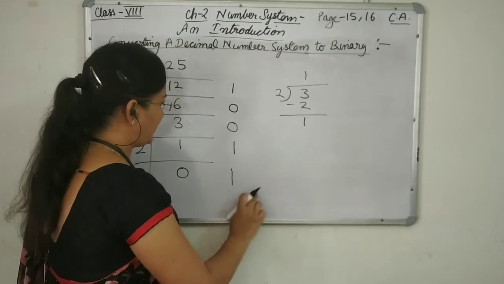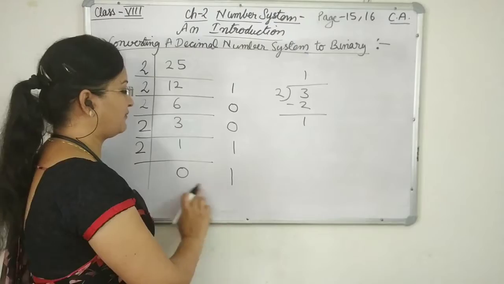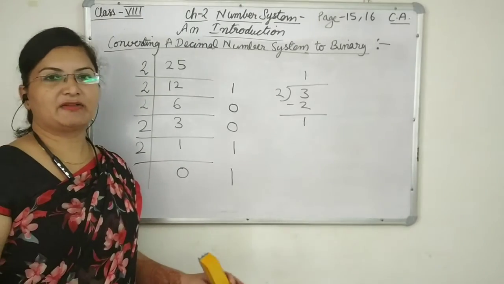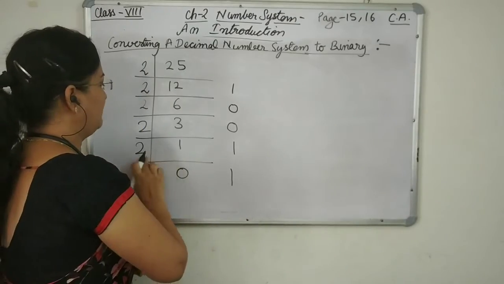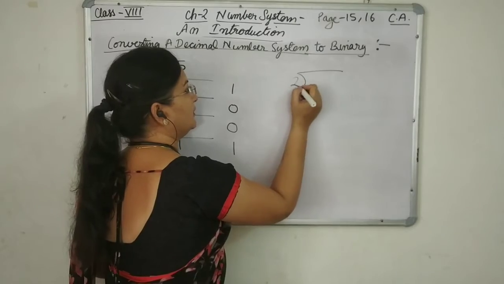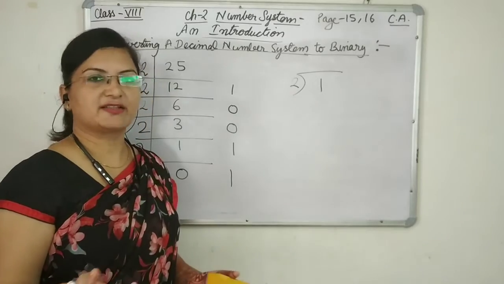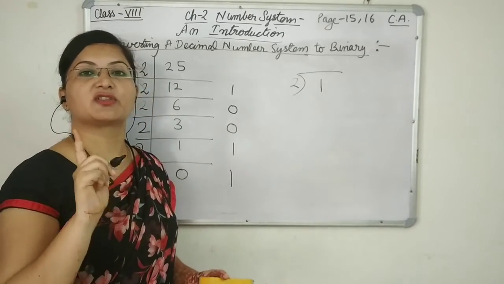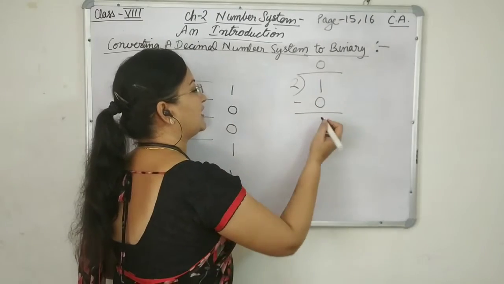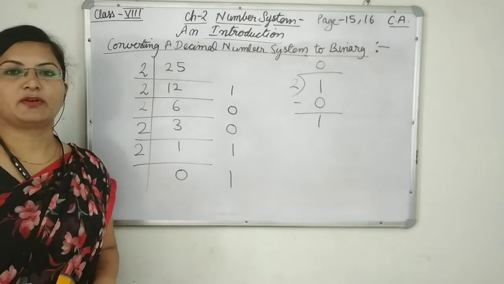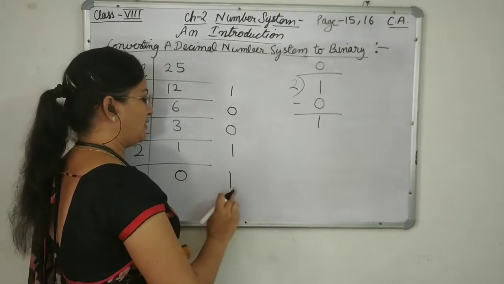This common step is followed in all binary conversions. If we convert decimal to binary, this is the last step we have to do in the divisions. How is it possible? If we have to divide 1 by 2, 2 ones are 2 is larger than the number. So here we use 2 zeros are 0, and after subtracting we get remainder 1. So we write 0 as the quotient here and remainder 1 here.